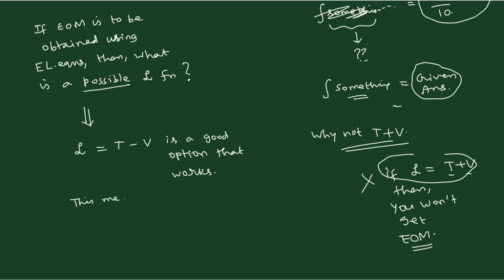So let me therefore write down the conclusion now. So this means in addition to T minus V, there can be